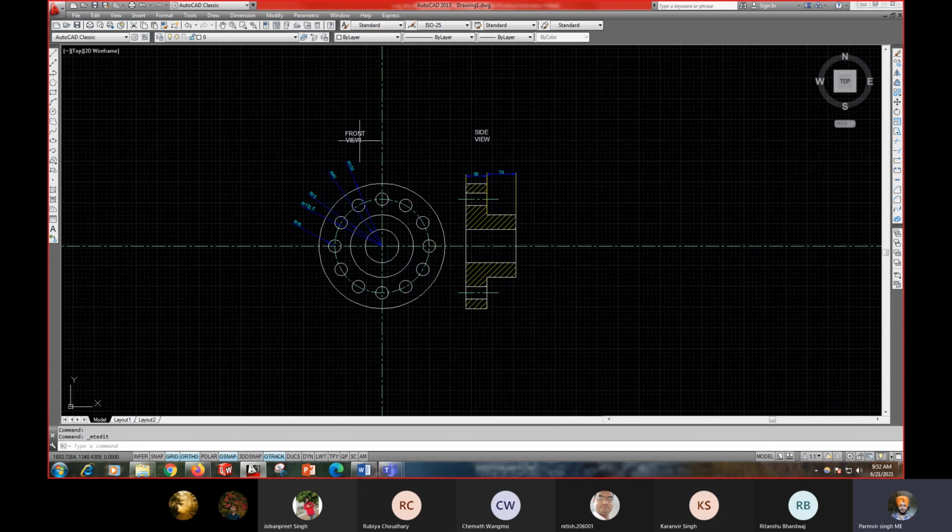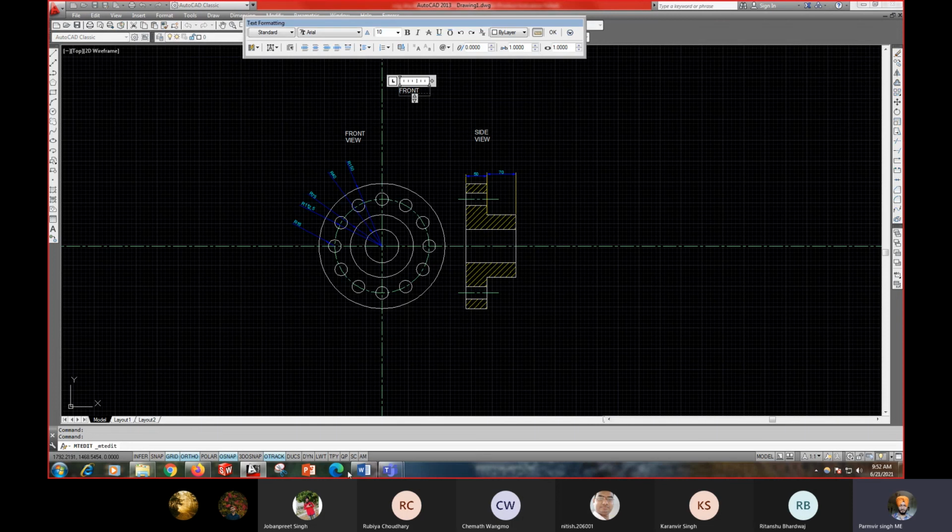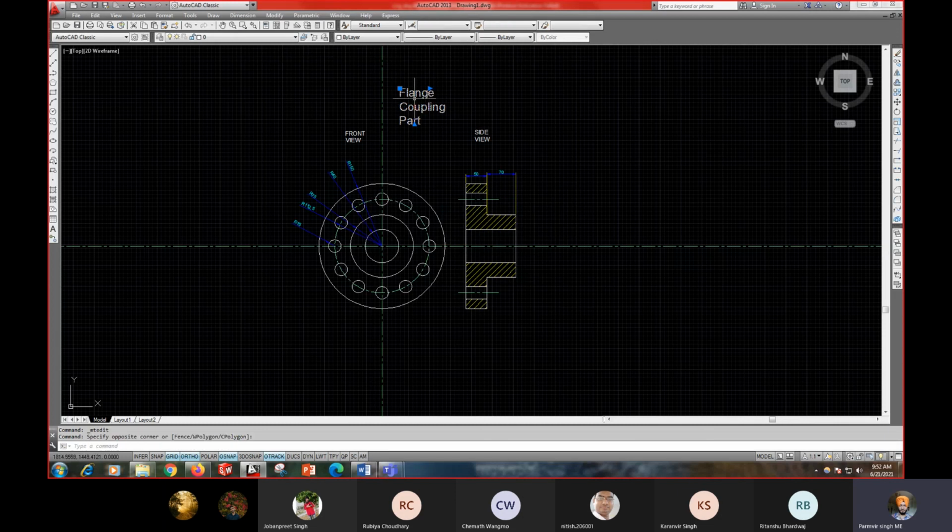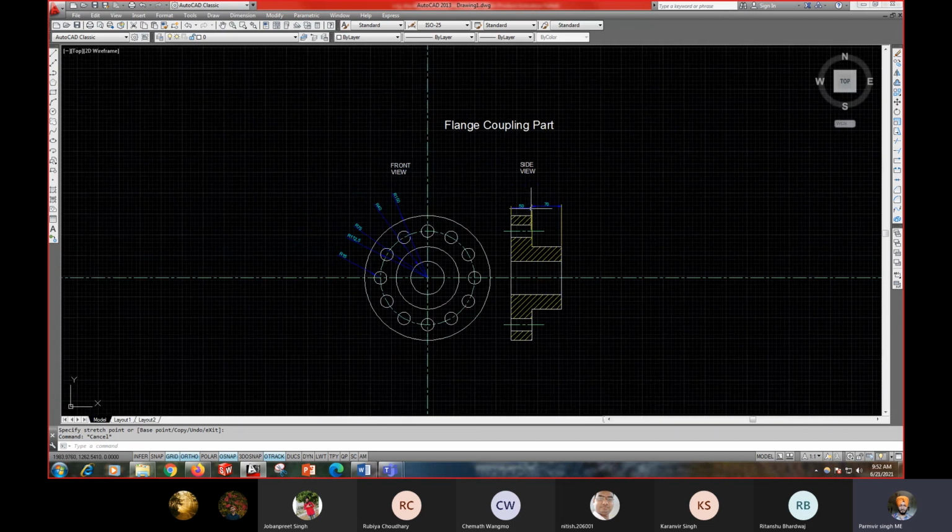Okay. So this is your flange coupling part.